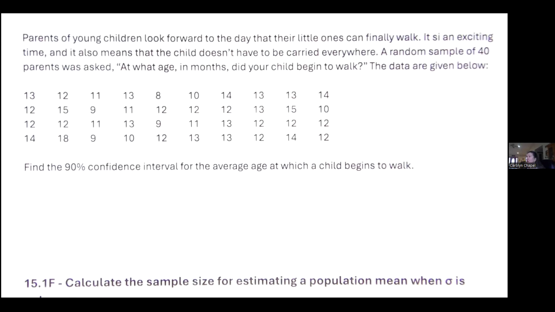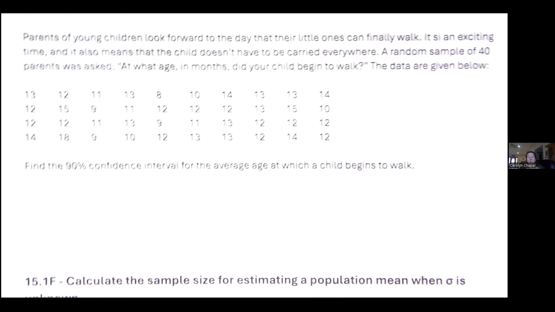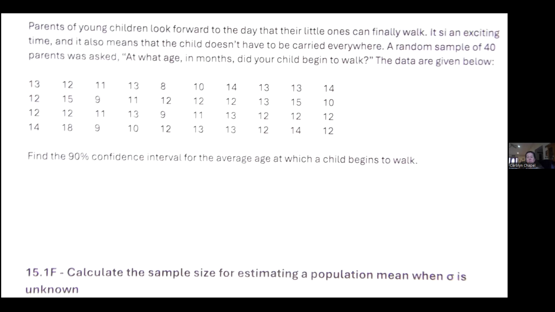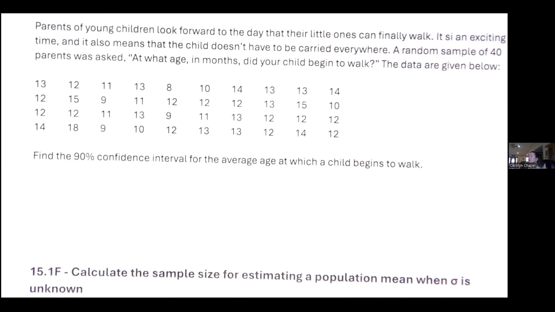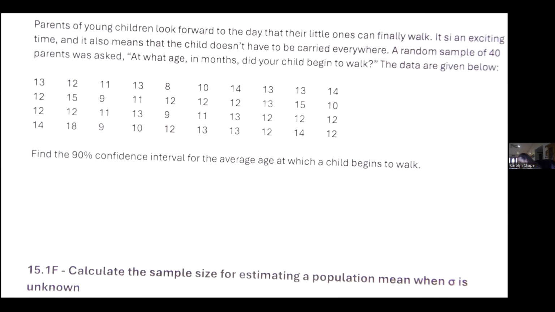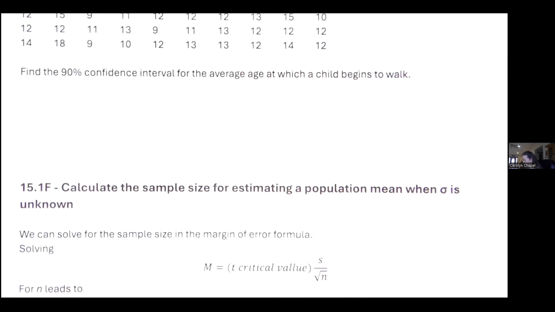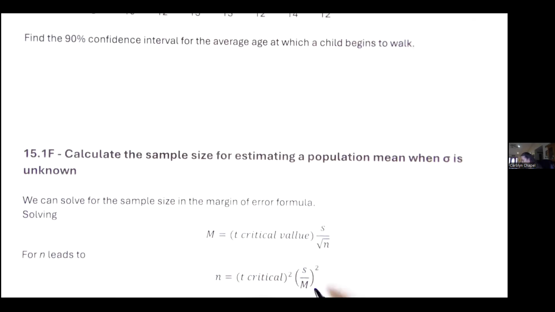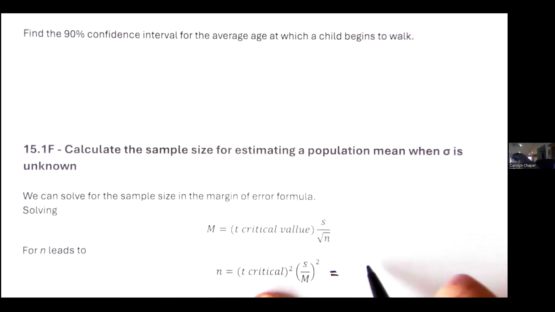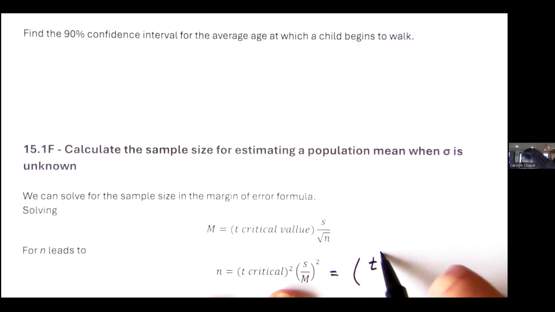Okay. The next thing I want to look at is how do we find that N? Remembering we were saying we're starting from scratch and we want to find how many people do we go out and survey or how many things do I measure to get an interval that is 99% accurate within 2 meters or whatever the margin of error is that I want. Okay, so I'm going to start with our formula. So again, our formula for the margin of error looks like this. Solving it looks something like this, which I could rewrite as